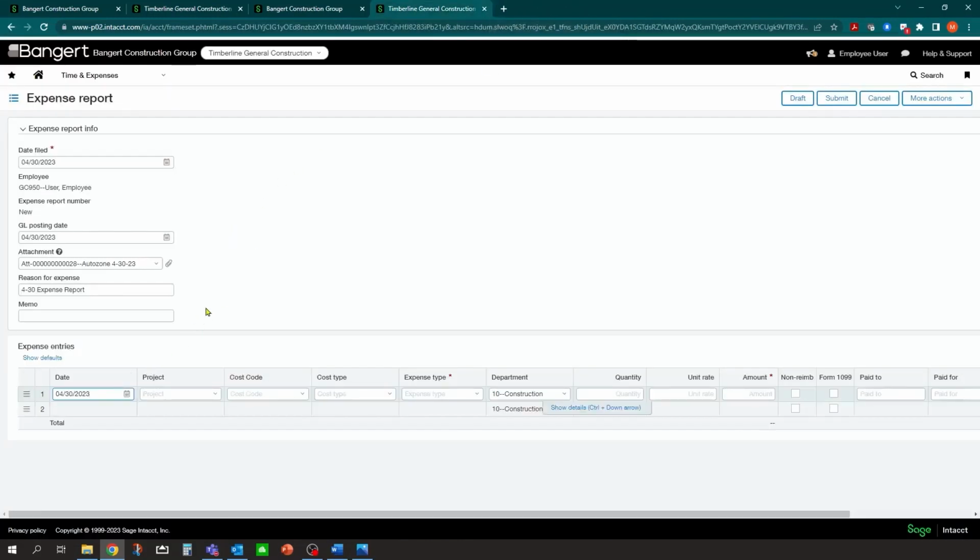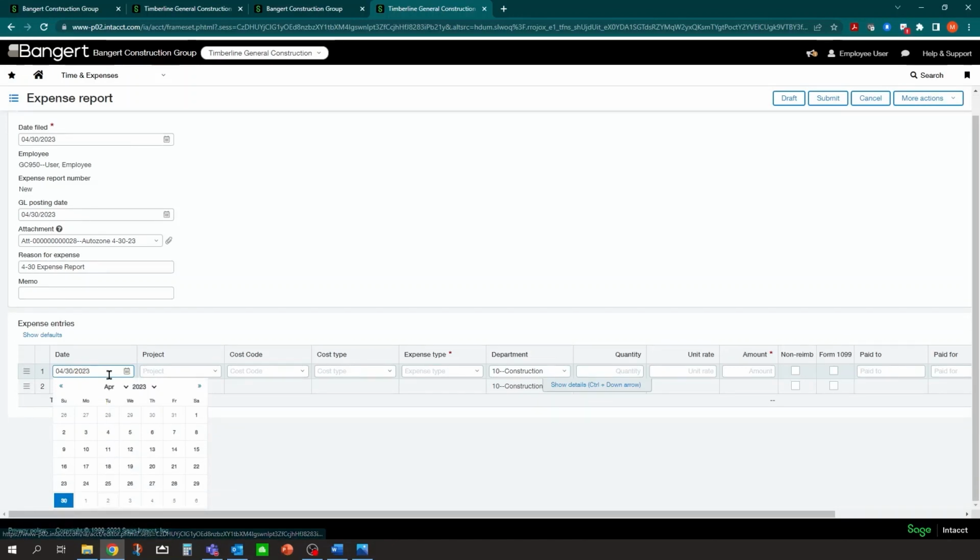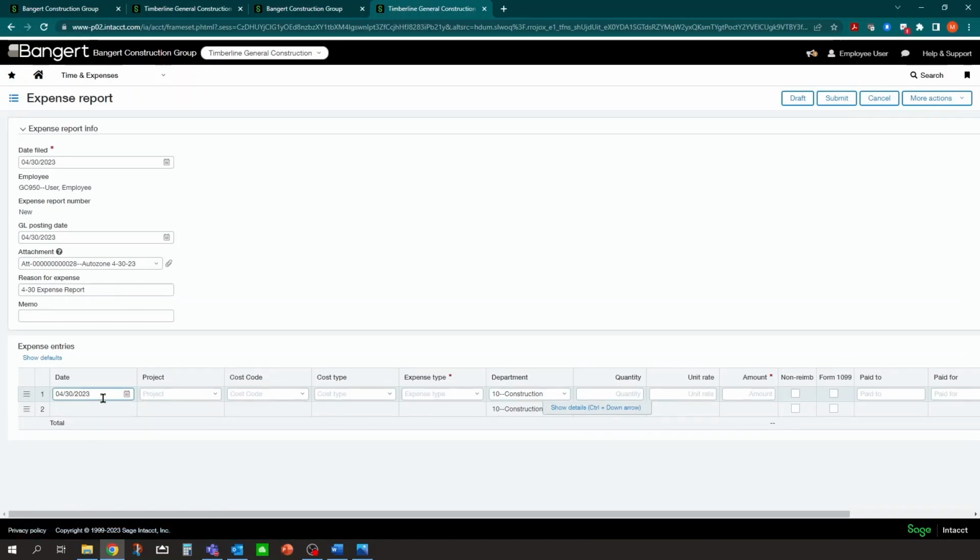Okay, so then you can come down to here, and you could fill in the actual detail of the expense entries. So we made this date required here. I'm just going to use April 30th, but I would use the actual date of the transaction there. And then the question is this related to a project item? And we're going to say no, it's not in this case. It's just a repair for the truck. I had to pick up a part.